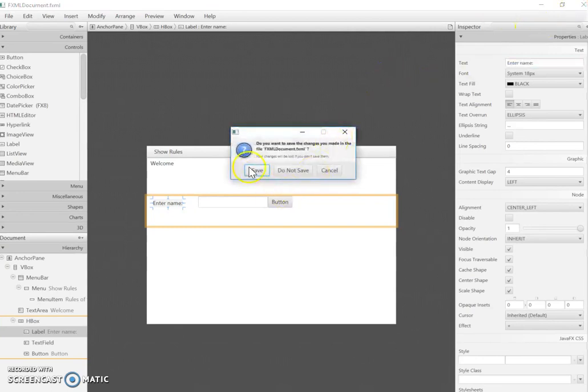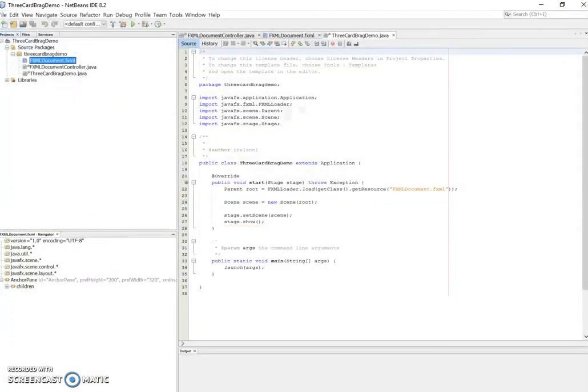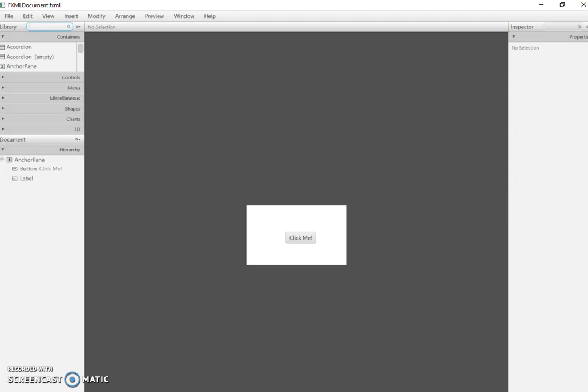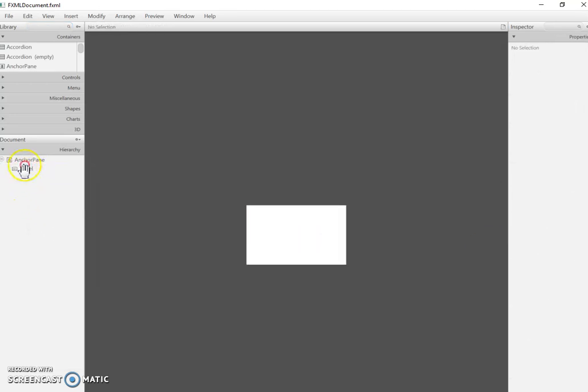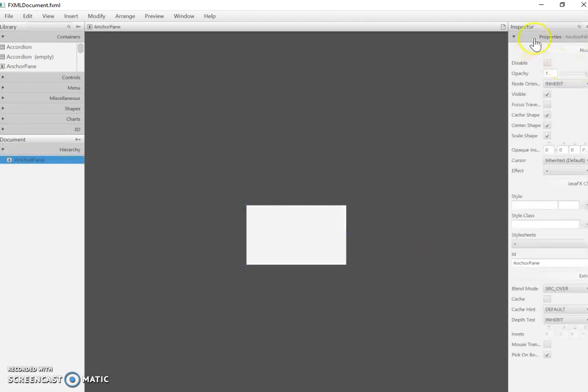Whoops, that's an old one. Let's try this again. Okay, so here's my scene builder. I have my button, which I'm going to delete and also label because I just want to start out with an anchor pane. I'm going to select the anchor pane and go over to